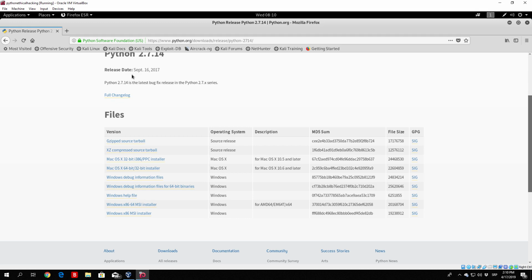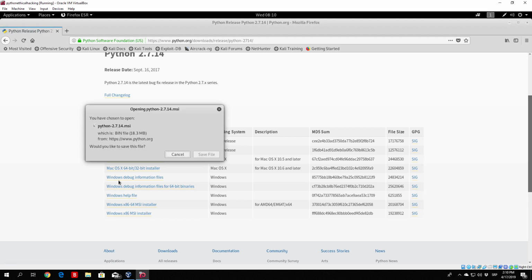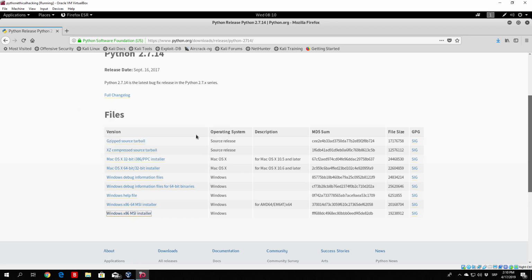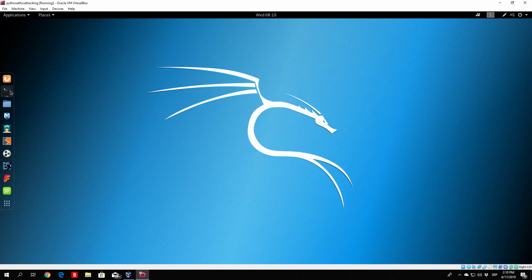Now here, as you can see under Python 2.7.14, we have different versions available, and the one that we are interested in is the Windows x86 MSI installer. So just click on that. This will start the process of downloading it for you. It will first prompt you to save the file, so click save. Then under this icon right here, you will see that the file will be downloaded in the downloads folder on our Kali Linux machine. So after you do that, we can close Firefox right now and go back